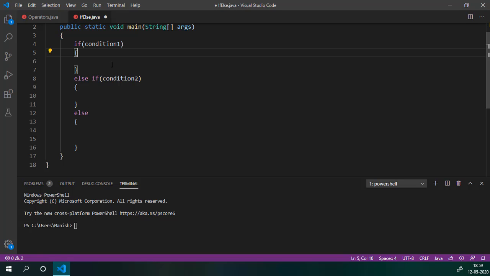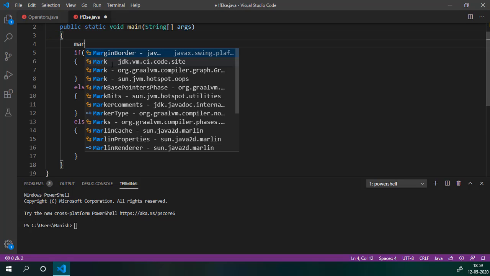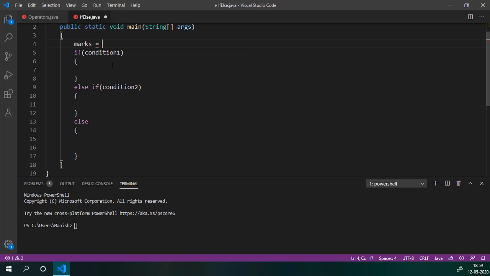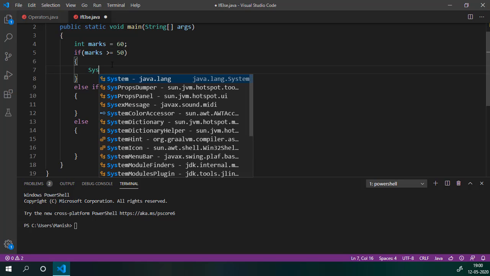Suppose we have a variable marks which has some value. For example, let's say 60. We need to initialize this variable, so I will write int marks. It is an integer type. So if the value of this variable is greater than or equal to 50, then we need to print passed. So let's provide our condition. If marks is greater than or equal to 50, then we need to provide the condition